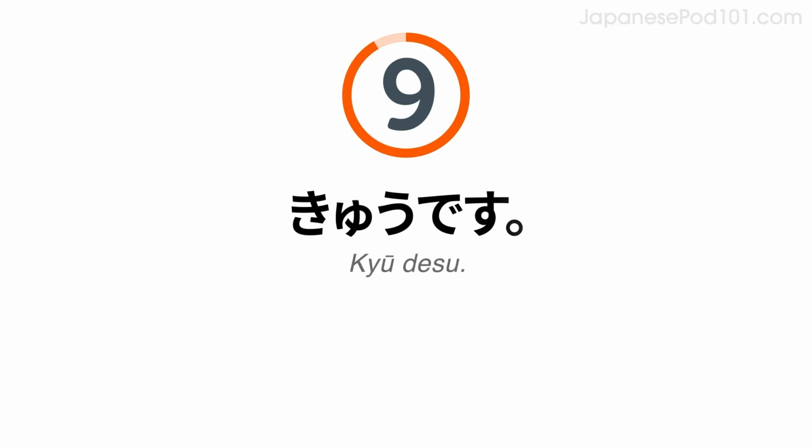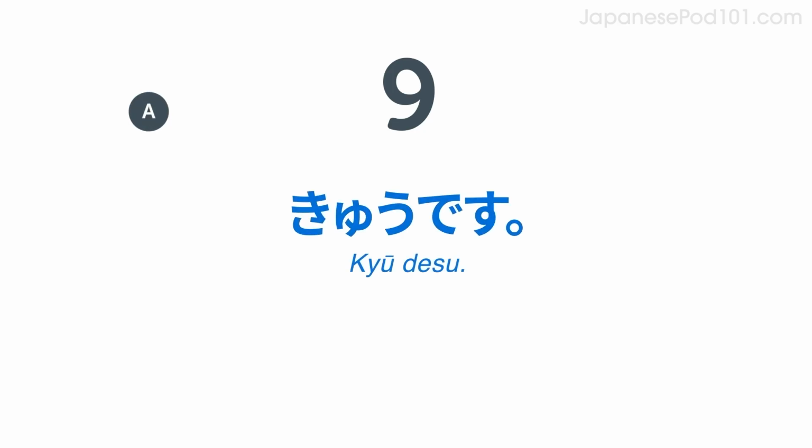Now, imagine it's nine. Do you remember how to say nine? Say it's nine. 9です。 Now, answer the question saying it's nine. 好きな数字は何ですか？ 9です。